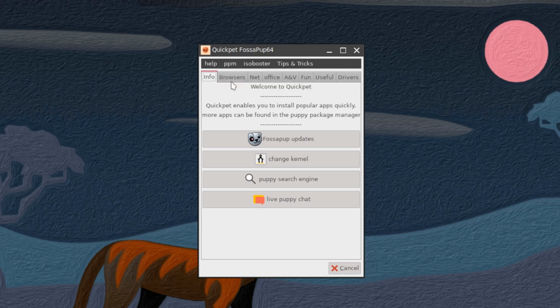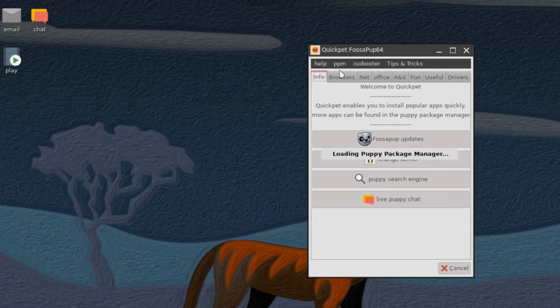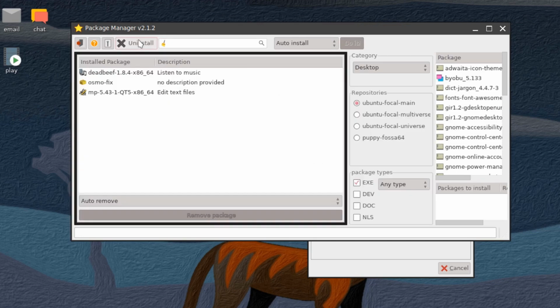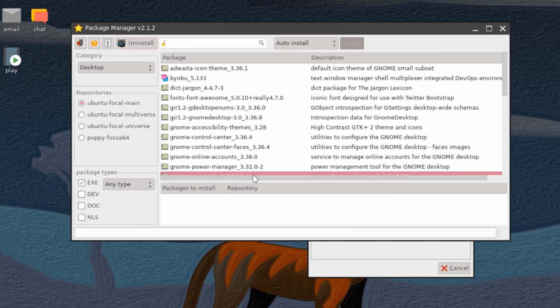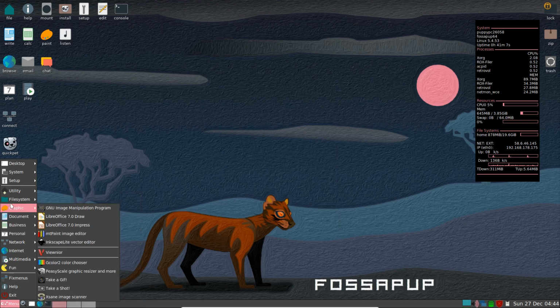You've got user contributed packages, and the Puppy Package Manager, which is this one here that we opened before. You've got uninstall, but it doesn't have the packages that we installed. So you click on uninstall again, and that box disappears. So I was just doing a bit of research on this, and if we go to File System